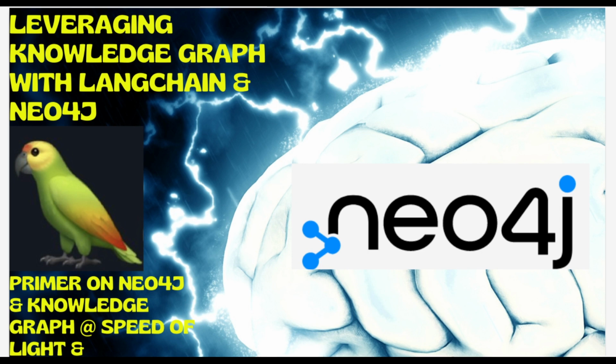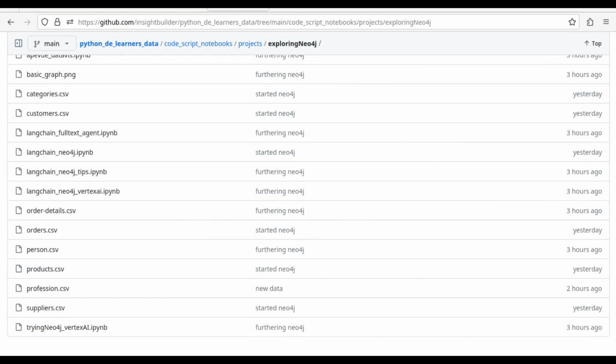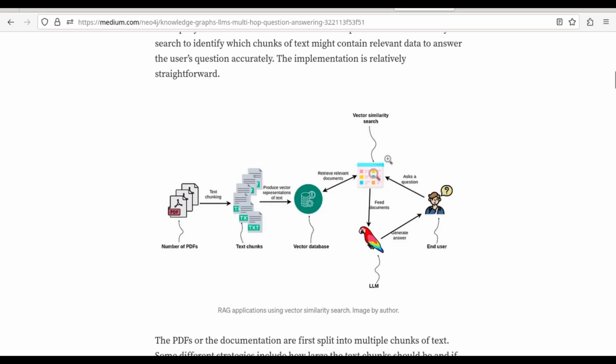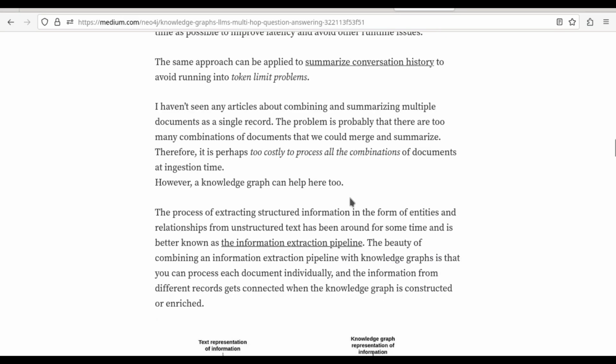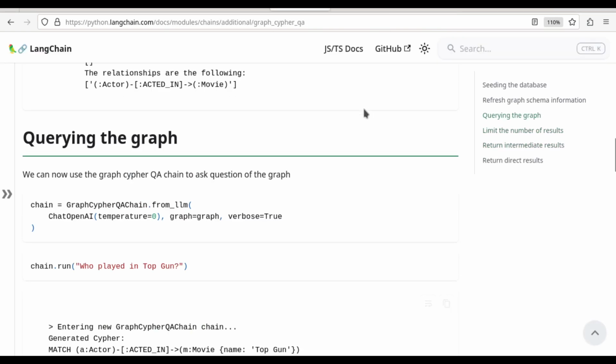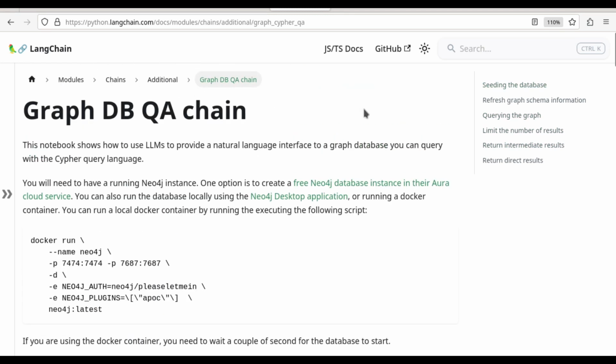As I was going through the various blogs written by Thomas, he had specifically written about linking Langchain with a Neo4j instance. Then I went to Langchain and found that Langchain already has a tutorial on connecting Langchain with Neo4j. That is where the actual research started for me. Once I understood Langchain can connect with Neo4j,